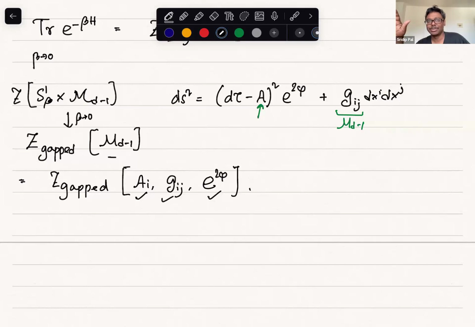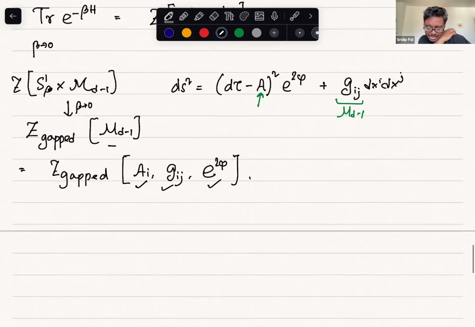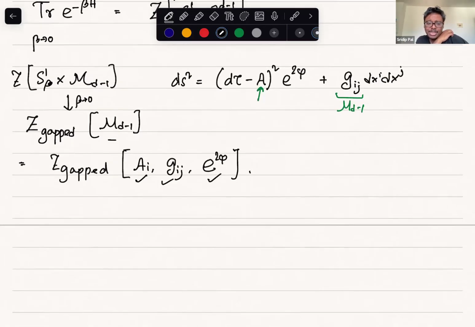You still have the control, but if there are gapless modes, you cannot predict the coefficient in front of the log beta term or the constant piece. Yes, some universal information will become dependent on that. But there are various ways to kill the zero mode actually. For example, in our paper, we checked with various free field theories our prediction, coming from the effective field theory.